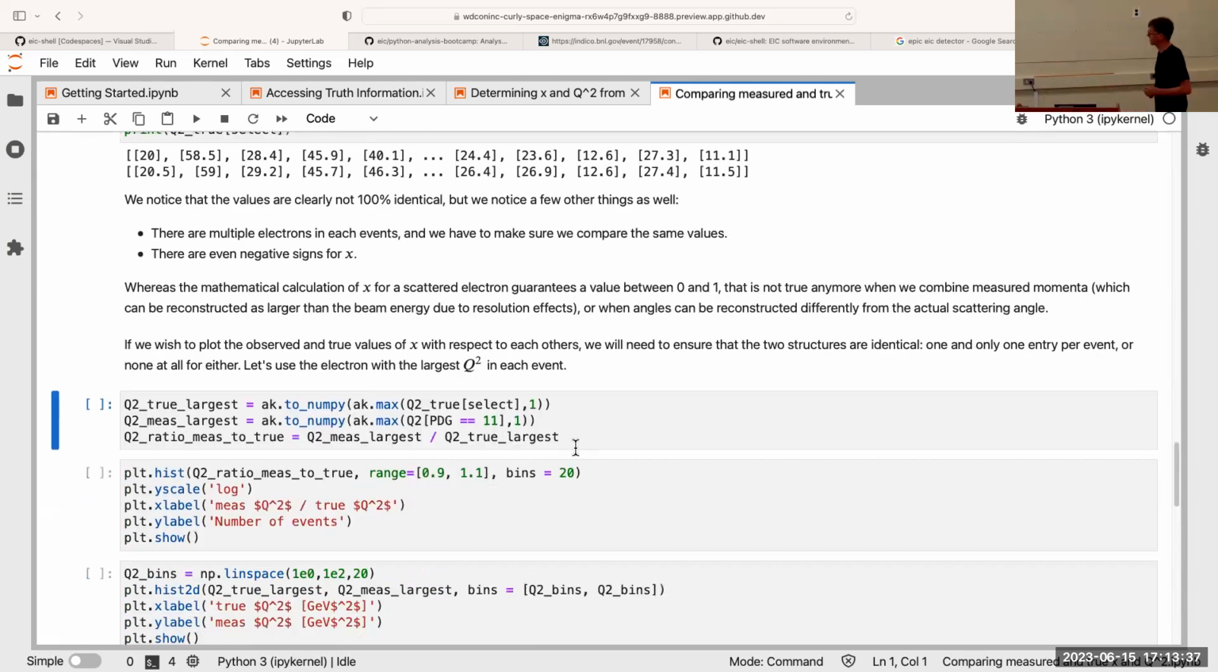Now, to select a better electron, what we often need to do is build an electron finder. And I'm going to do a very simple electron finder here. I forget what it was here. We're going to use the electron with the highest q squared. This is not necessarily a good electron finder, but